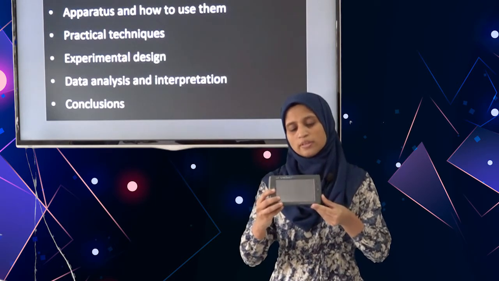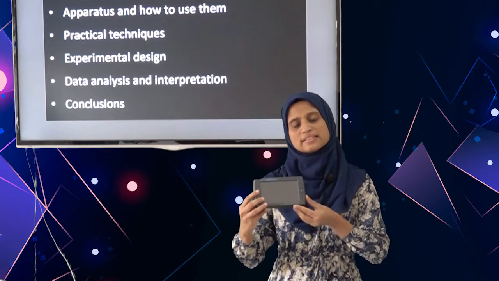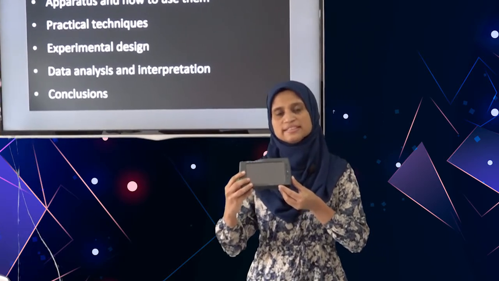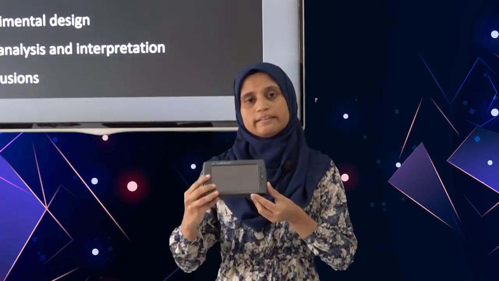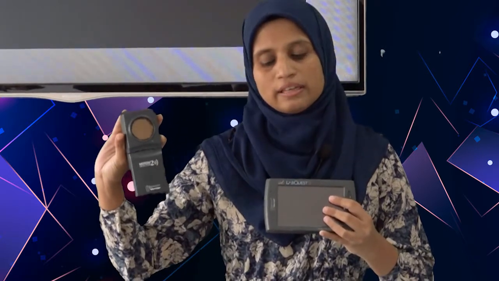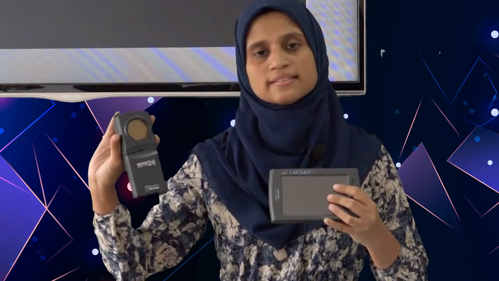This device that I'm holding in my hand is called a LabQuest. This is a digital data logger. Multiple electrodes can be used along with this. You can use a motion sensor. If you connect the motion sensor to the data logger, you can automatically calculate the velocities, the speeds, and the times of a moving object. You do not have to measure it using stopwatches and such. You can also connect